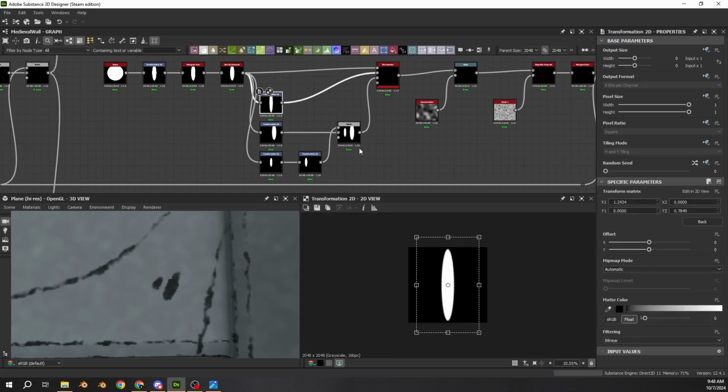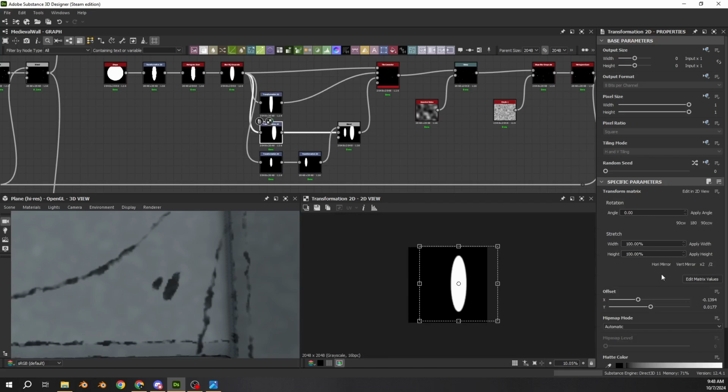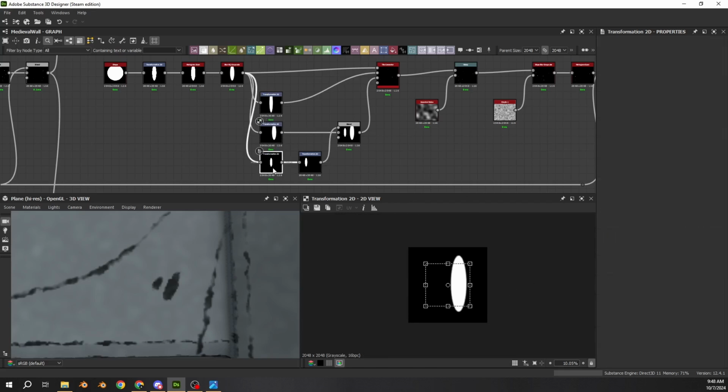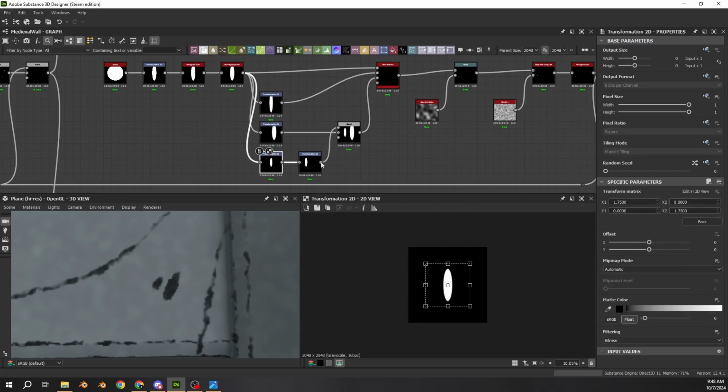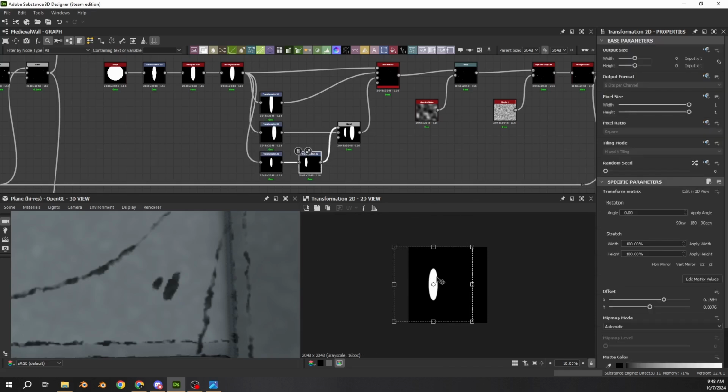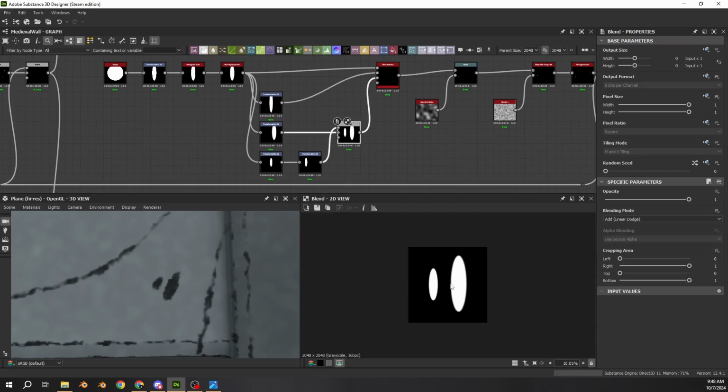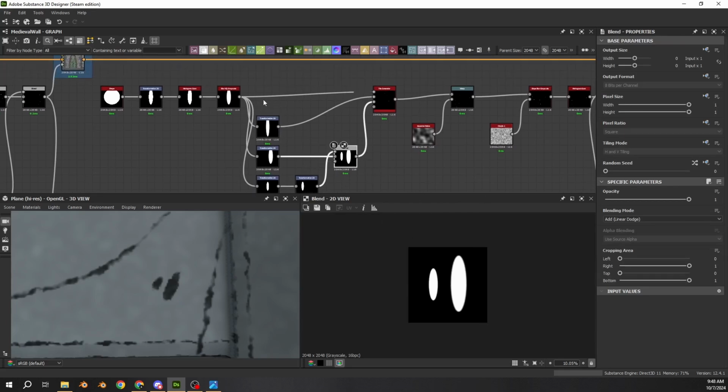So then I made several versions. And then this one I moved it to the side. This one I squished it down, moved it off a little bit. And then I moved it to the left. So then this one went to the right, this one went to the left. And then I added them together to create these two guys. So then I have three shapes. I have this guy,